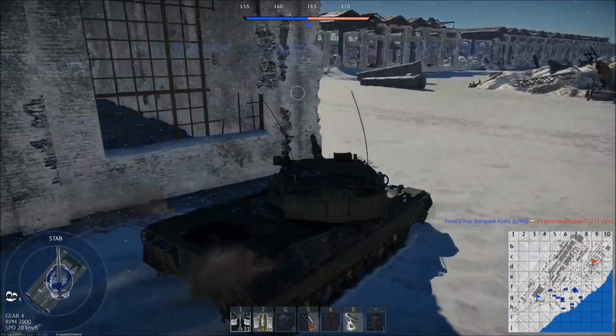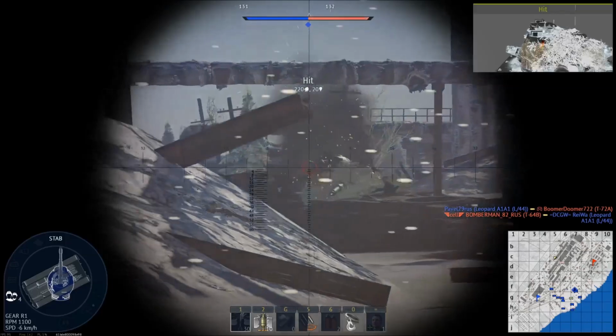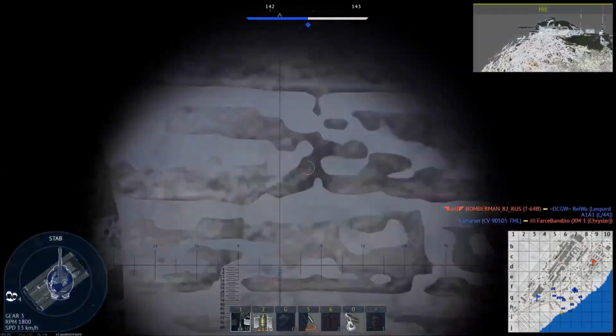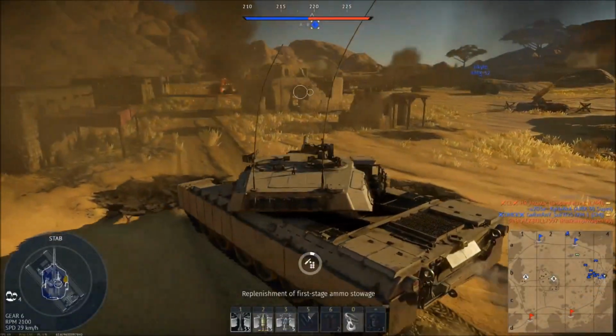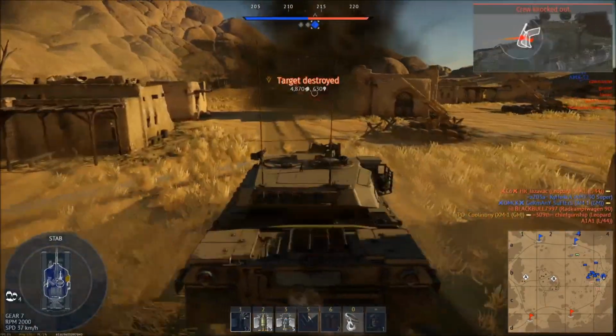And to start, I'll go over the similarities. We have stabilizers on both the XM-1 and A1A1 L44, access to APFSDS ammo, and they both have crews of 4. Now, it might seem a little bit weird, but these tanks do not have all too much in common. And now for the differences, I'll start with what the XM-1 has that the Leopard doesn't,